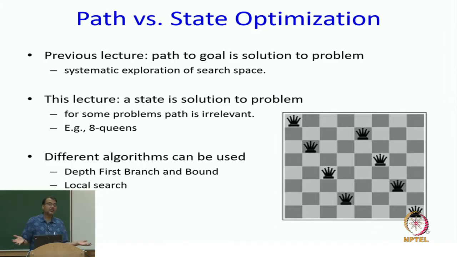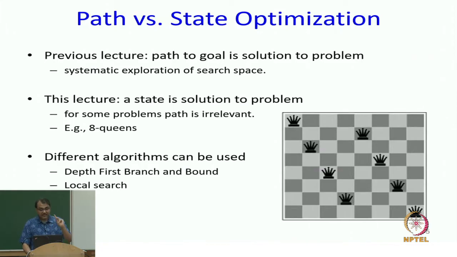But for now, we really recognize that look, we are not really interested in a path per se. We are only interested in that final state which satisfies all our constraints. Where should the queens be placed in that final state, right? And we do not know that final state, that is what we are looking for. These kinds of problems are really well modeled as local search problems. So, you can use depth first search, branch and bound or IDA star or anything like that, but you can also use local search methods for these problems and they will often end up being faster in practice, as I will show you soon. Okay.